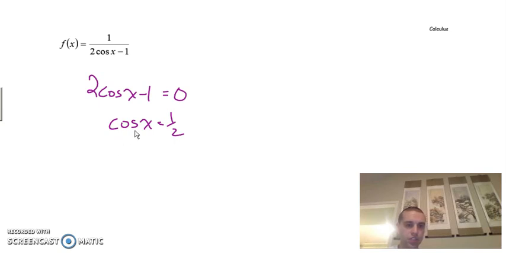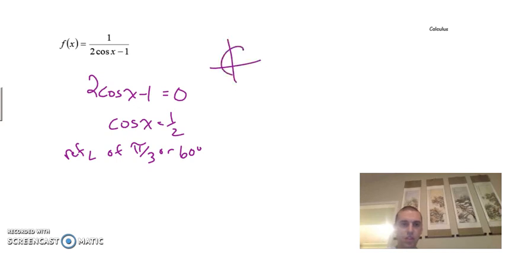And therefore, we need to remember that cosine of 1/2 occurs at the reference angle of pi over 3, or 60 degrees. And so where is it positive? Well, when we do this, it's positive there and there. That's more like 30, not 60. So we're looking at pi over 3,